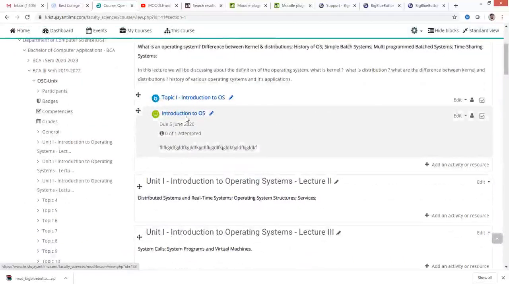So now you can see the lesson activity. The good thing is each and every activity comes out in a different color. That is a good part. We can differentiate, and it's easy for students to understand, because if you have gone through, the quiz question is in red color, the assignment file upload is in blue color. Now the lesson activity is in green color.